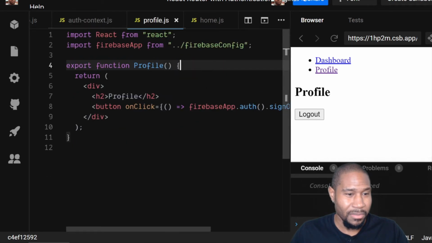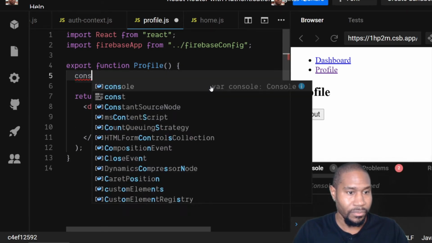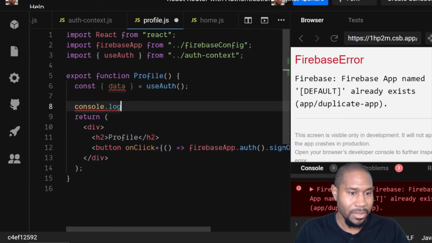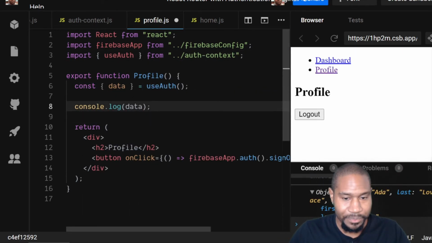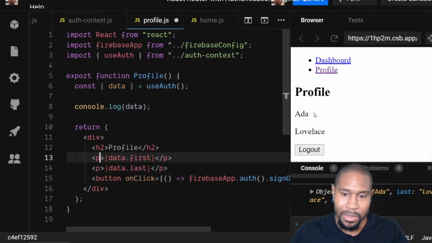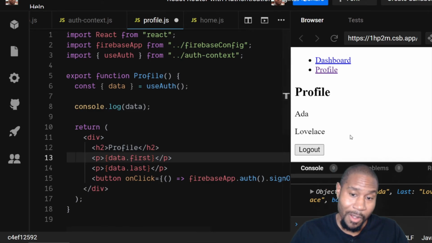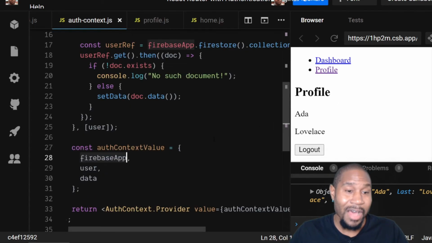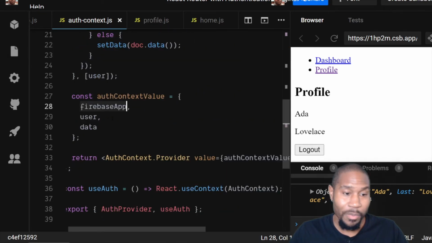All right, so let's try to access that from our profile component here. There we go. All right, so now we have a profile page with a logout button, and we're also pulling in metadata. Now that we have everything set up and we're passing down this Firebase app reference, you could have the option here now of further abstracting the Firebase methods within our auth context value,